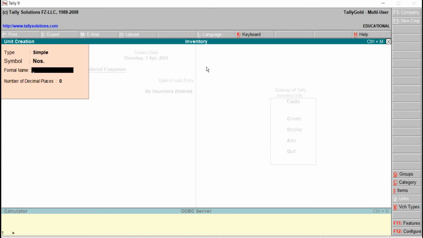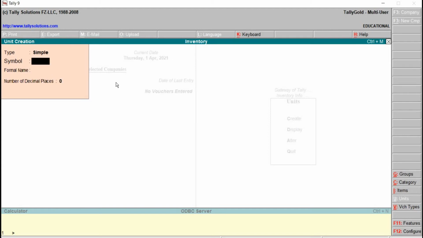Formal name we have to provide fully. Symbol we have given here NOS, which indicates numbers. The formal name we have to provide completely, and this particular field is optional. Numbers. Number of decimal places default is 0, and this can take up to 4. But for this particular unit we will take 0. To save this, press Y. Enter. Accept? Press Y from the keyboard.